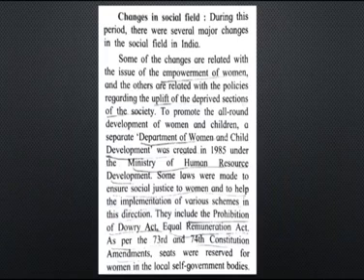Some of the changes are related to the empowerment of women, and others are related to policies regarding the uplift of the deprived sections of society. To promote the all-round development of women and children, a separate Department of Women and Child Development was created in 1985 under the Ministry of Human Resource Development. Some laws were made to ensure social justice to women and to help the implementation of various schemes in this direction. They include the Prohibition of Dowry Act, Equal